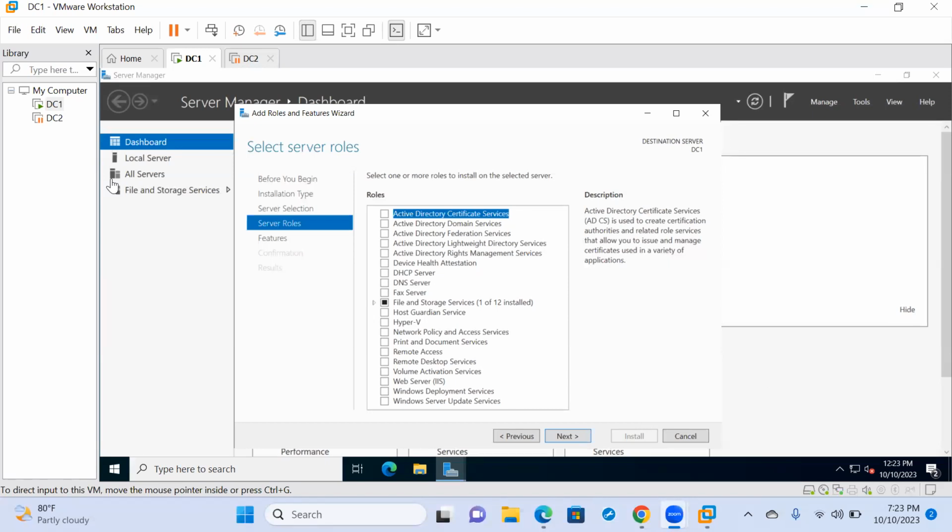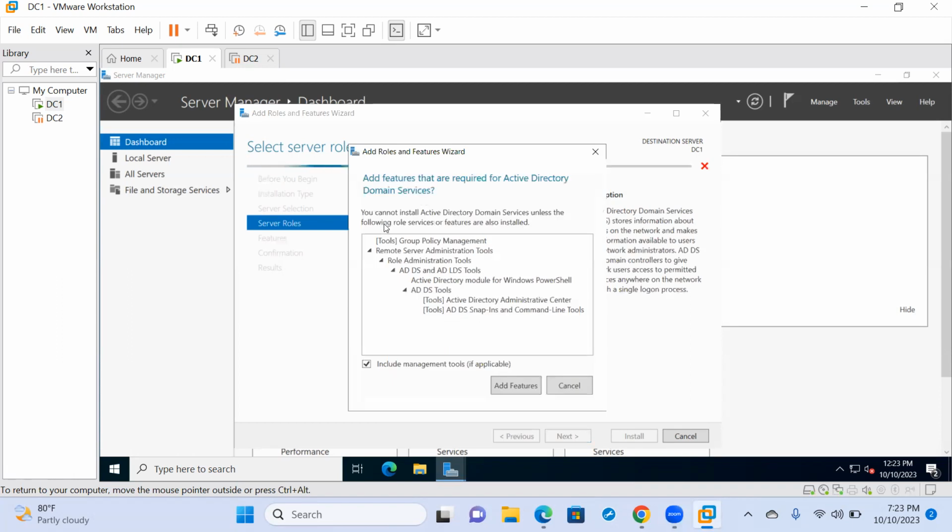So we will just go straight to business and then do our first installation. So our goal is to make our server a domain controller. So we are going to select Active Directory Domain Services. And once you take the role,